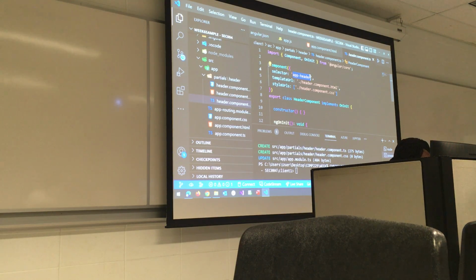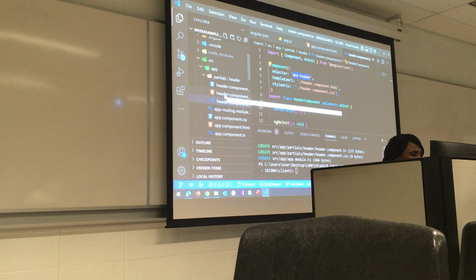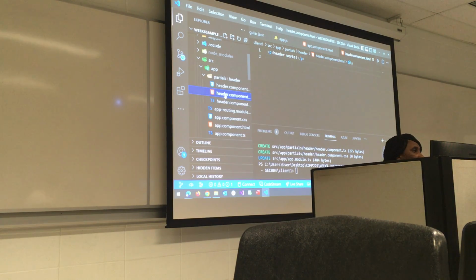We copy it, and we'll go back to the app component.html. Go back to the app. So the next one, this is app. Click on the app component.html. What we have there by default is header works, right? So we are going to change this for it to reflect the header of the app. So I will paste that, Ctrl+V. I will open and close the app header. Open the app header element and close it. So we can save this.